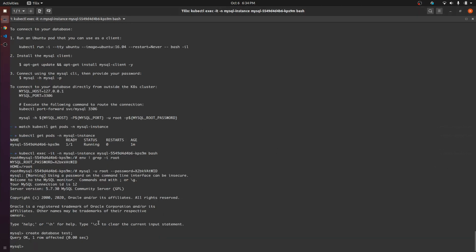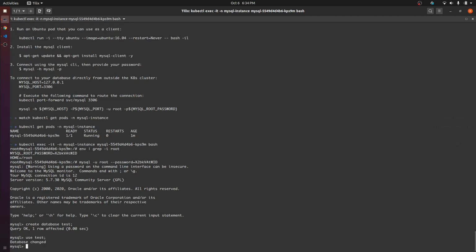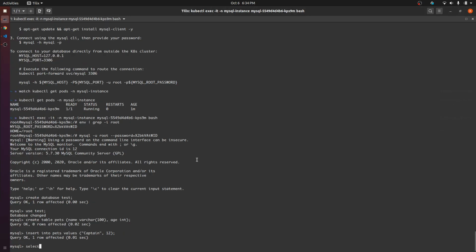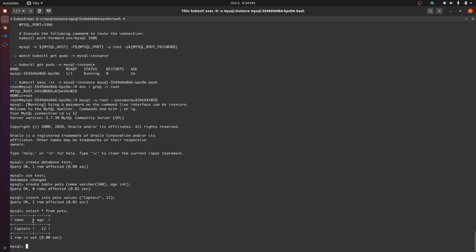So this command creates a database. We can now use that database that we have just created, and then we can create a table and insert some dummy records into this particular table.